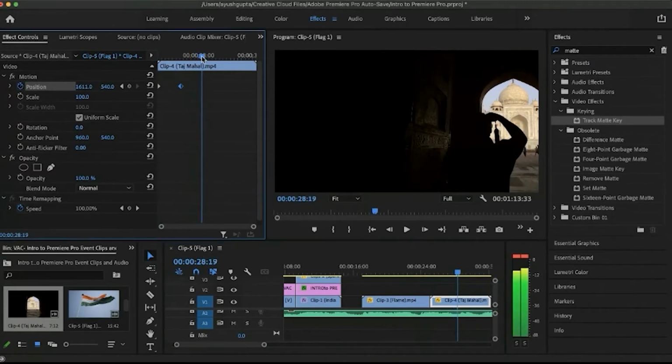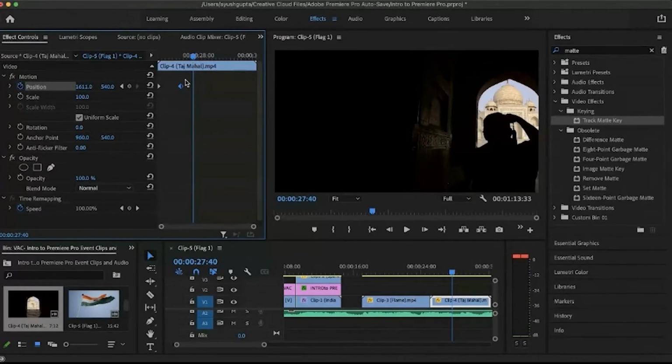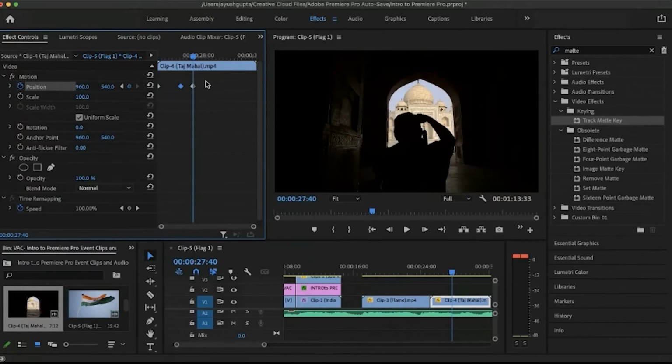Now during the middle part of the second clip, I want the clip to be at the default frame. So for that, I'll click on adjust and remove keyframe at some time after the second keyframe is put, and then I'll click on the reset parameter here, and then it'll reset like this.